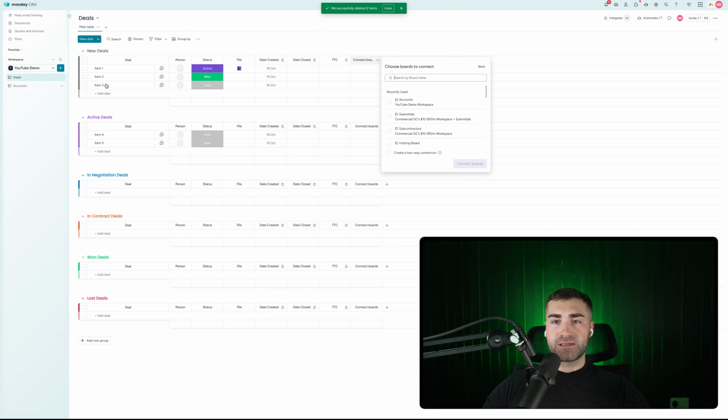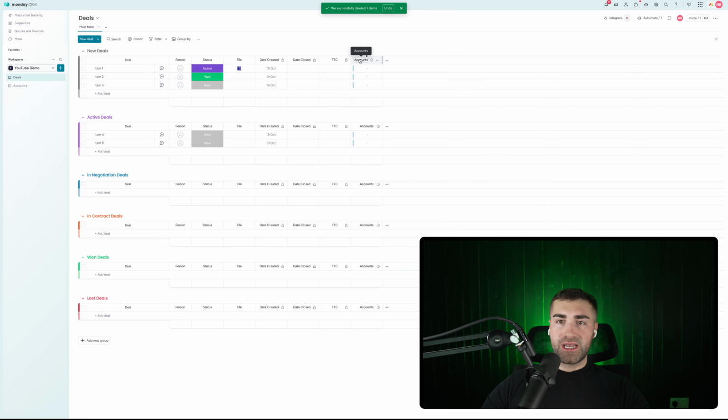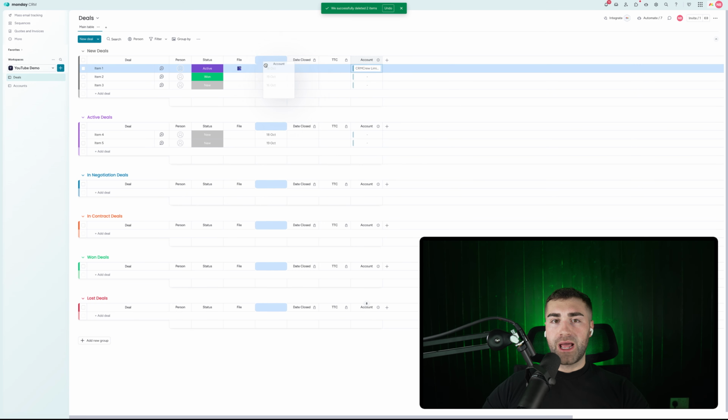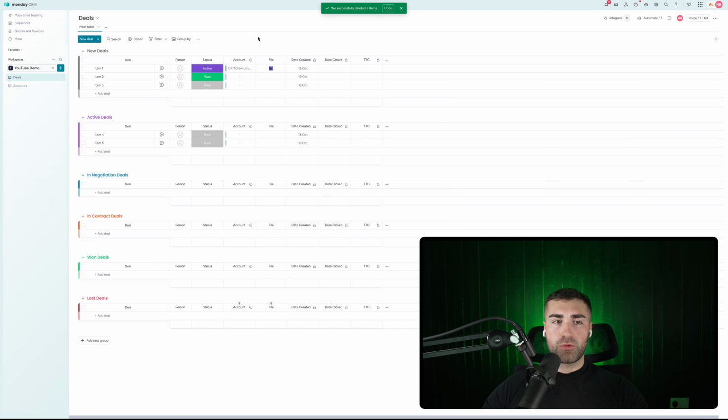So we're going to select the accounts, create a two-way connection, and then connect board. So now we have the account associated with this particular deal. So I can associate CRM Crew Limited with this particular deal. Now, at the moment, it's just a standard deal process, but obviously we're going to be looking at memberships in